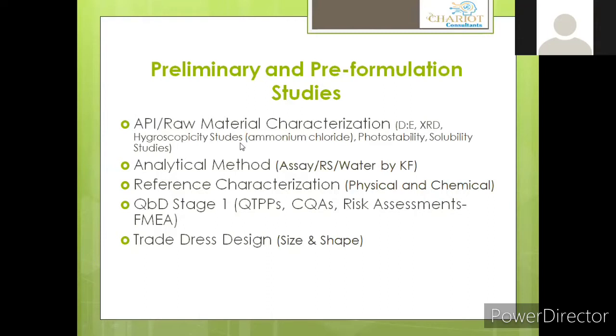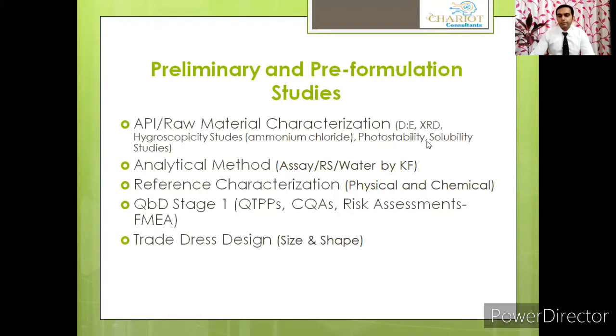Hygroscopic studies are generally done at 25-degree temperature at 80% RH, and the sample is kept in a desiccator for around 24 hours. Then you evaluate the mass difference, the final mass minus the initial mass. You will come to know if there is any change in the mass. There are some limits defined by the European Pharmacopoeia that will define whether your product is liquescent, deliquescent, or non-hygroscopic. So there are some criteria that have been set in the European Pharmacopoeia, followed by some of the photostability studies.